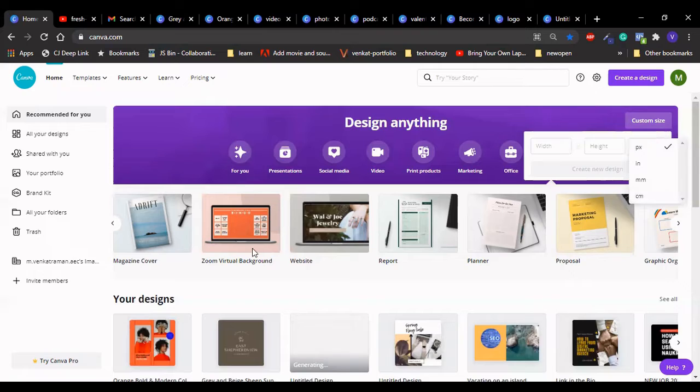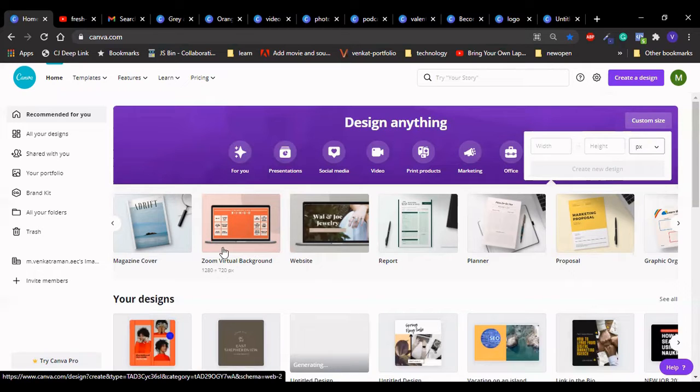From this document you can also see what the size of the document will be. If I go there, the width and height of that theme will be available here. Like a Zoom virtual background theme can be created using this size, and you can create a new design from the custom size.